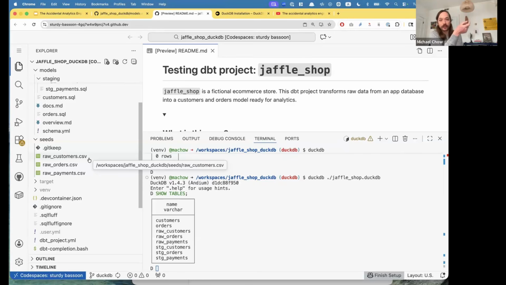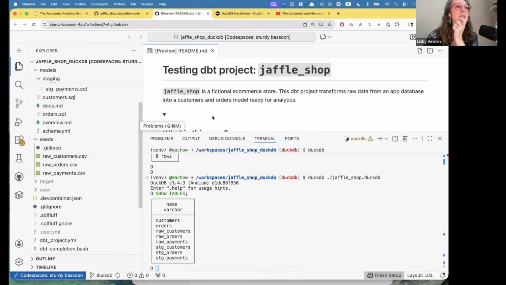If you don't mind just reiterating what Lori said, I feel like one really important thing she just said is that seeds are really useful here for a local tutorial, but at work you're probably not going to find a seeds folder because your data will already be in a warehouse or somewhere else. They're not going to check all your data into your dbt git repository, which I think is important to flag.